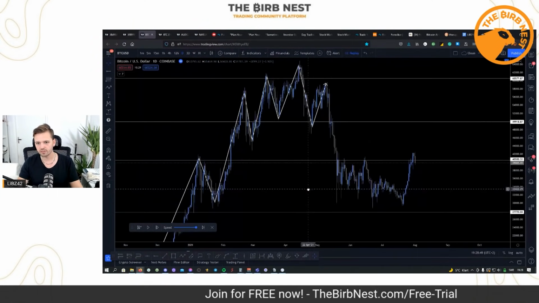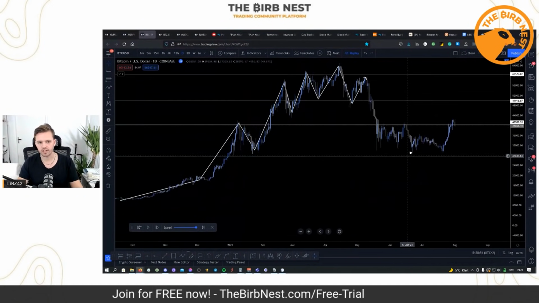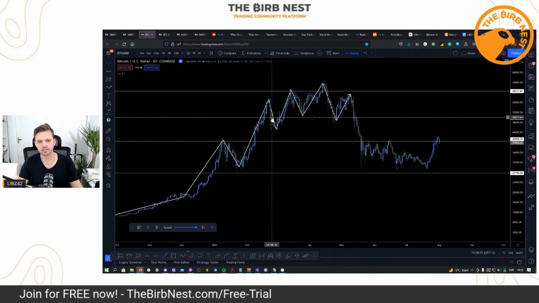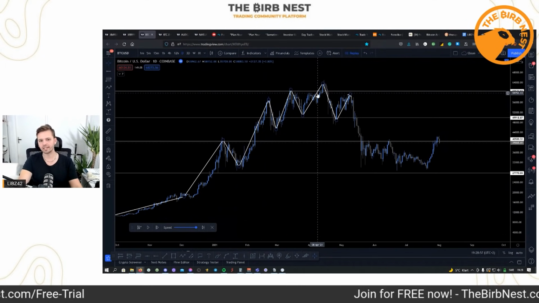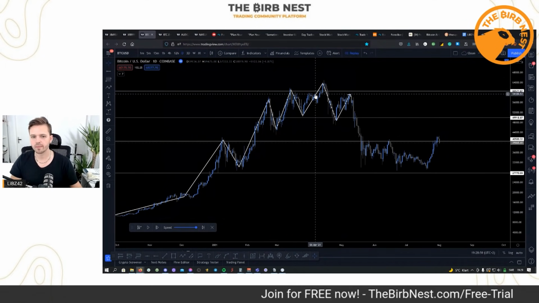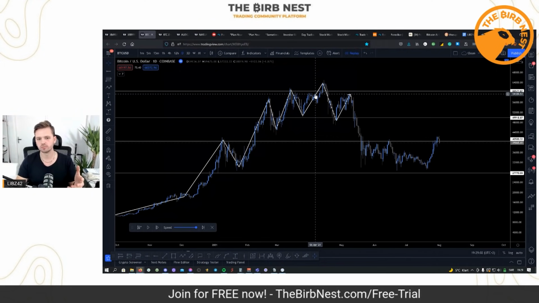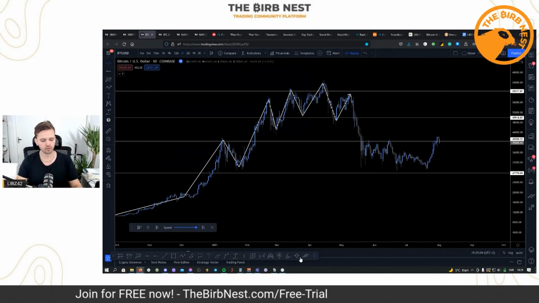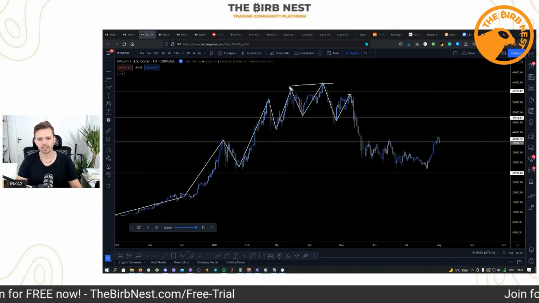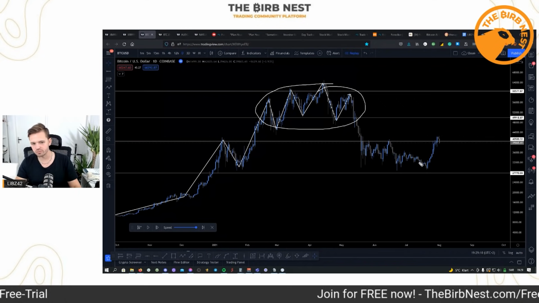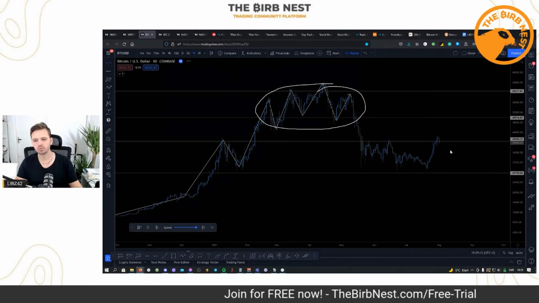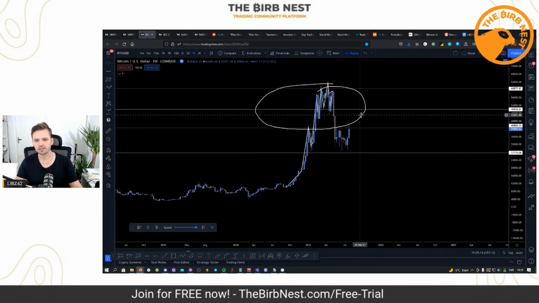And what Bitcoin gives us right here is a perfect example of an uptrend turning into a range with a slightly bearish market structure that leads to a breakdown. So this is quite obviously a distribution range, right? And then what is this, right? You look at the weekly. You look at the weekly and you look at this and you're like, well,